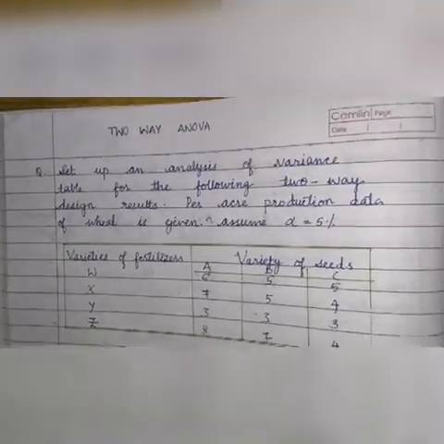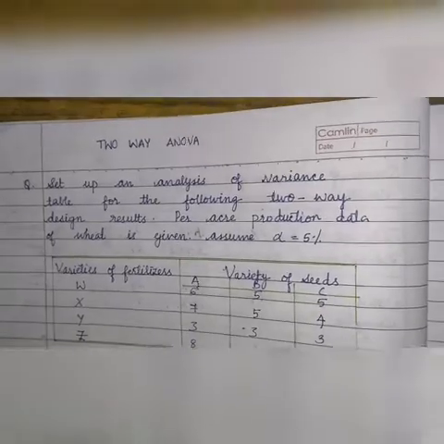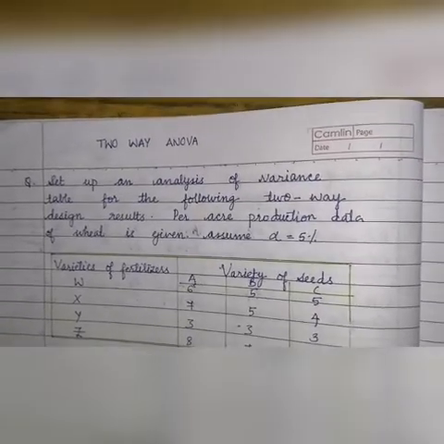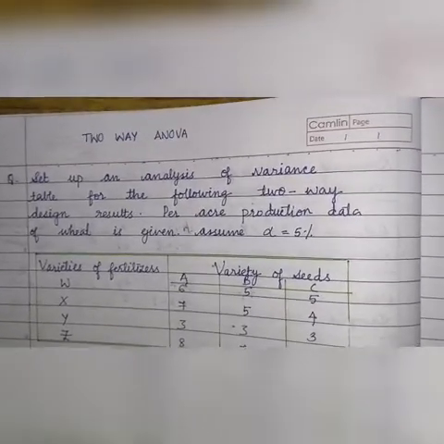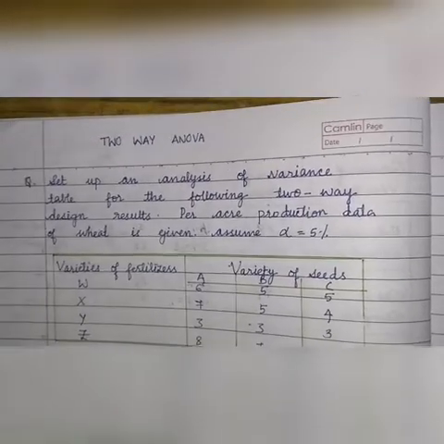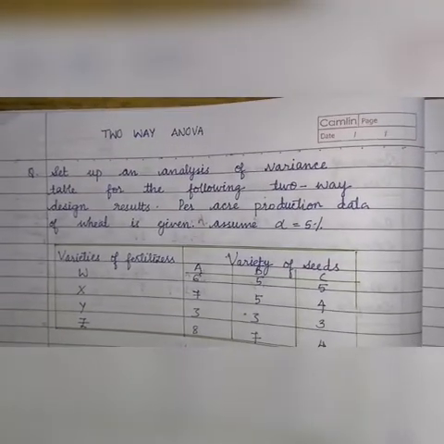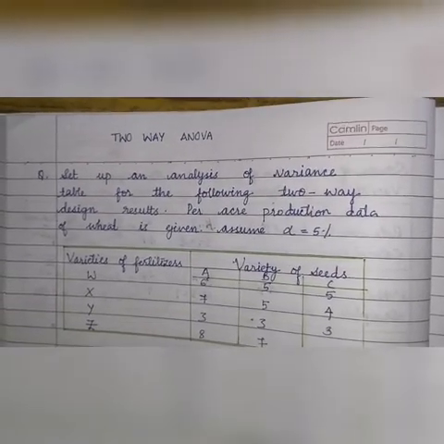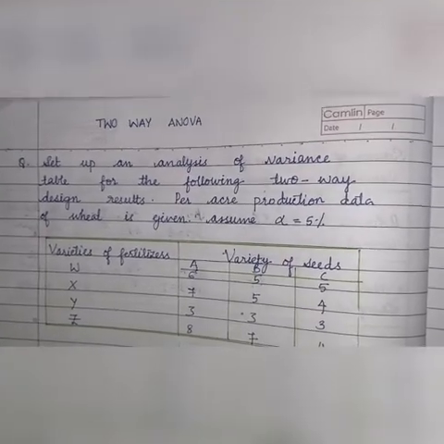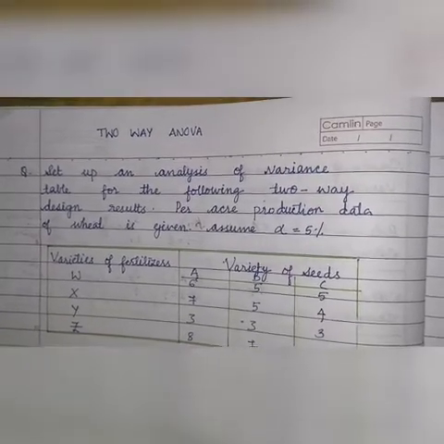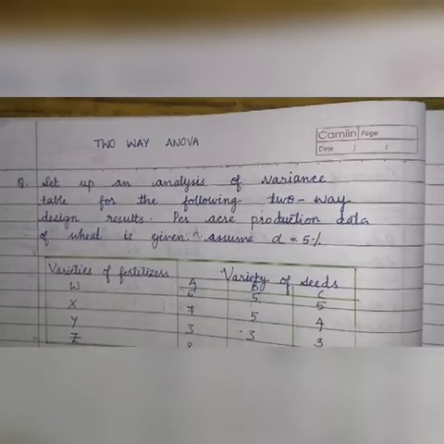Hello. In this session, we are going to learn two-way ANOVA. We are going to see an example for two-way ANOVA. In the previous session, we have seen one-way ANOVA. We have seen the properties of F distribution as well. So here, in one-way ANOVA, as we discussed, we only have one attribute to check the variances for.